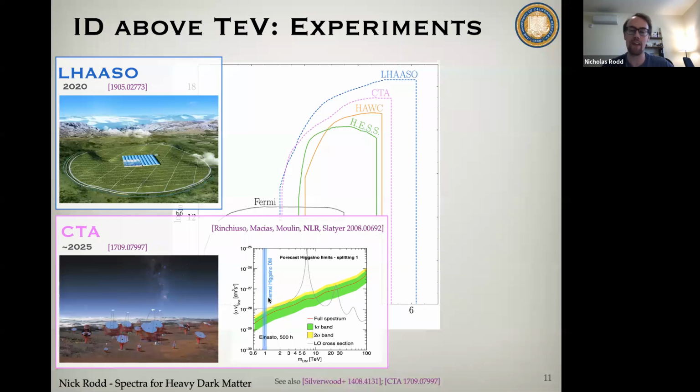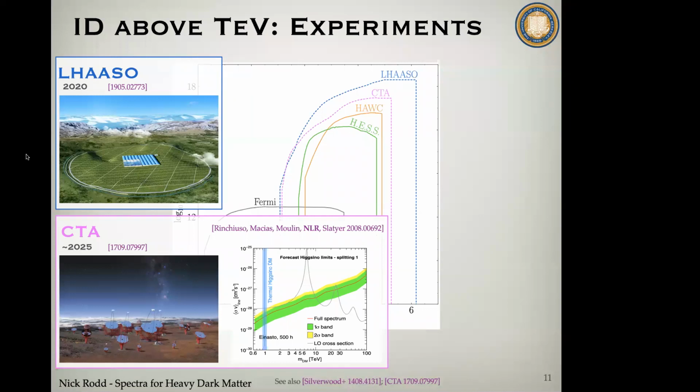But the claim is that with some admittedly slightly optimistic assumptions about the dark matter density in the galactic center, CTA would be able to see a signal from the thermal Higgsino, and if it didn't, under those assumptions, rule that out. And actually what was really driving our sensitivity in this work was the lower energy sensitivity of CTA. Because for the thermal Higgsino, its annihilation can also produce a shower of particles like the ones I'll describe today. And the fact that CTA can collect more of those lower energy photons than HAWC was a key contributor to its lower energy sensitivity. So I won't say more about that, but just mentioning that work as well, that these instruments are going to be able to do a lot of exciting physics.